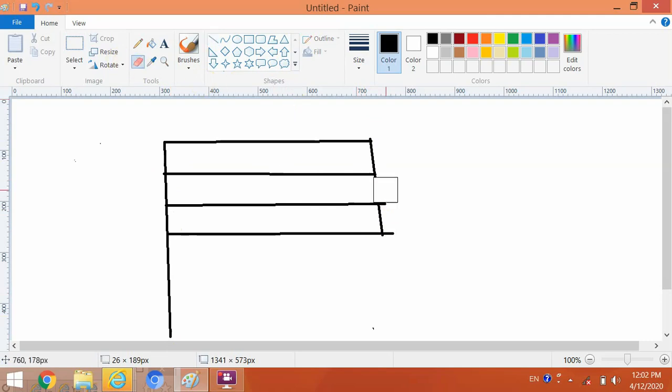Those lines, you can easily erase them with the help of eraser tools. After that you can use the line tool.